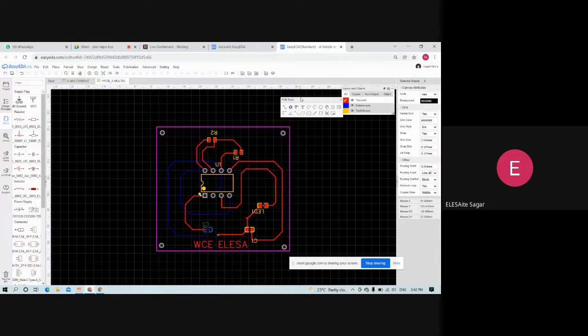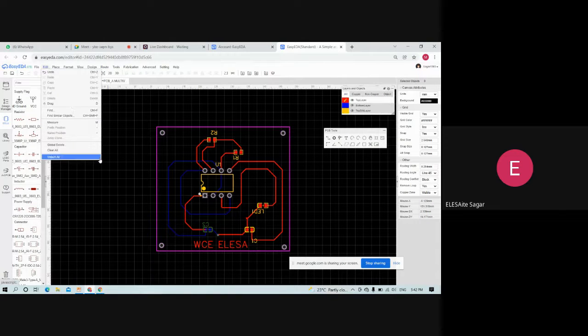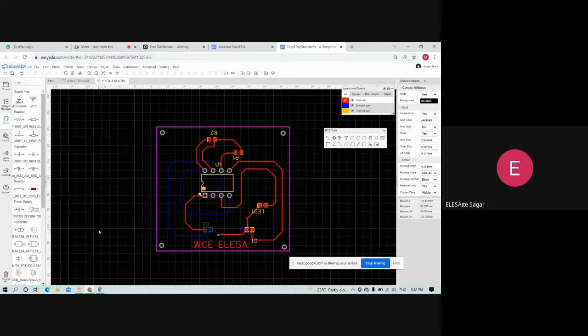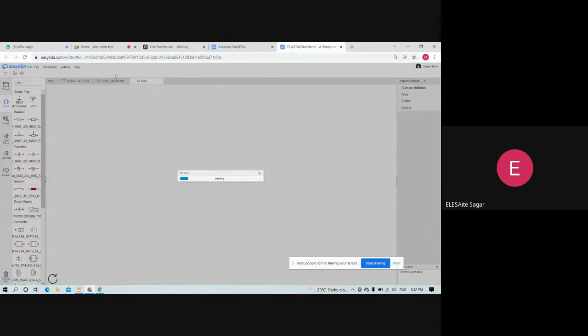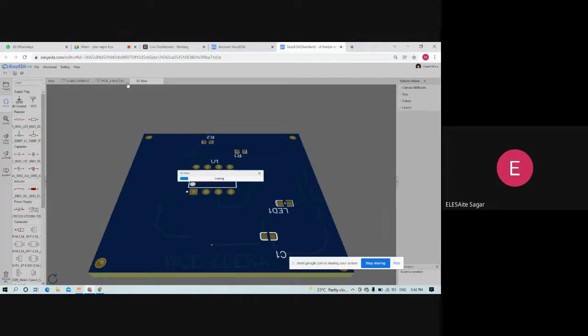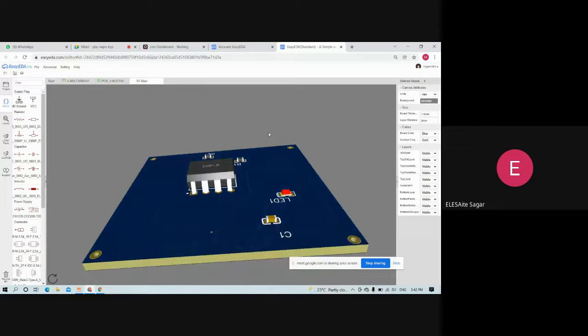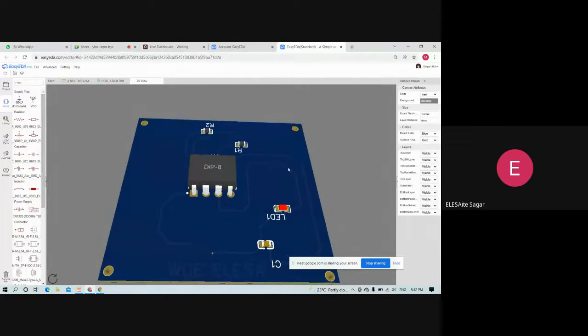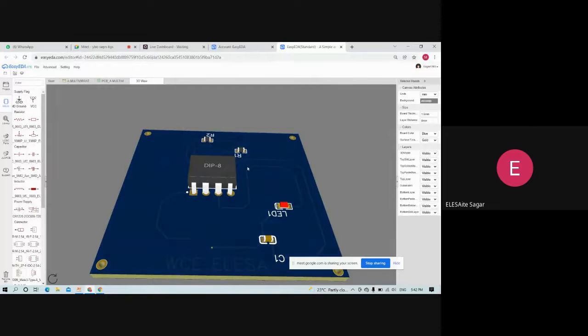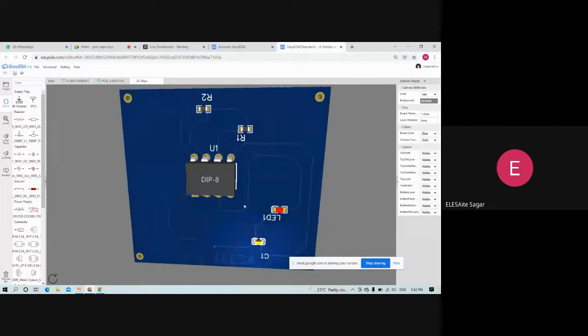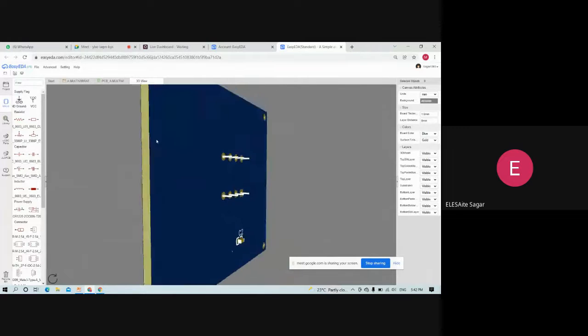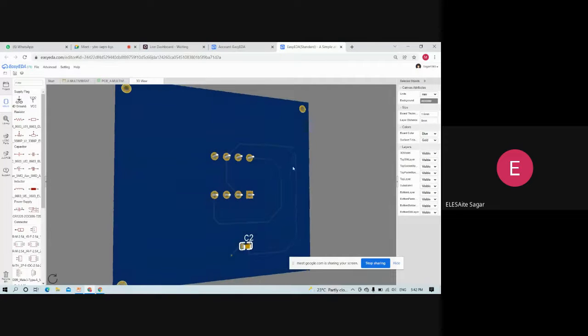So guys, we can check the 3D view of this also. First of all, we need to save this file. You can see the 3D view here. The four components are on the top layer, and one component I mounted on the bottom layer, you can see here.